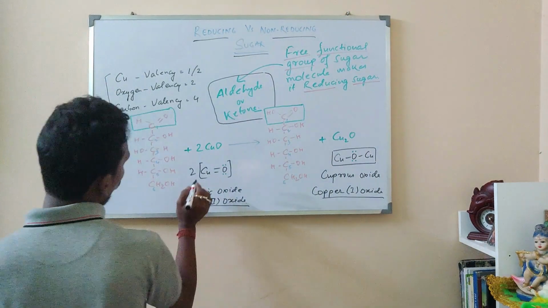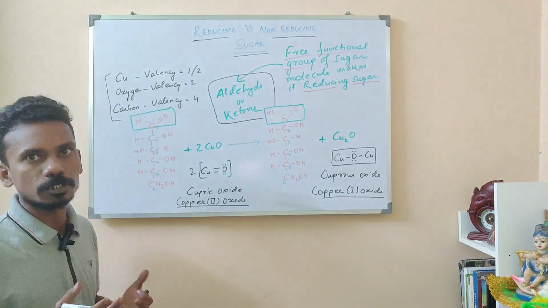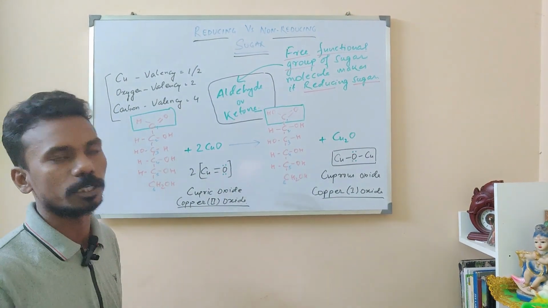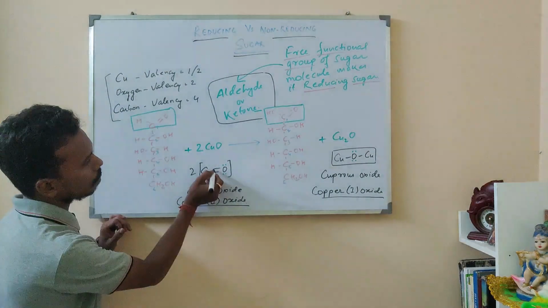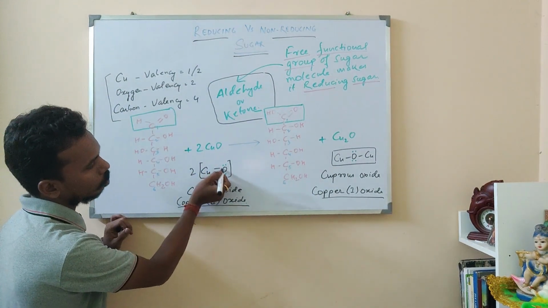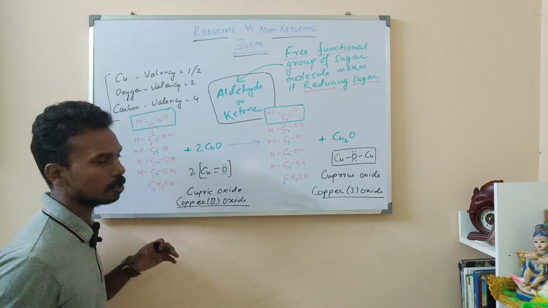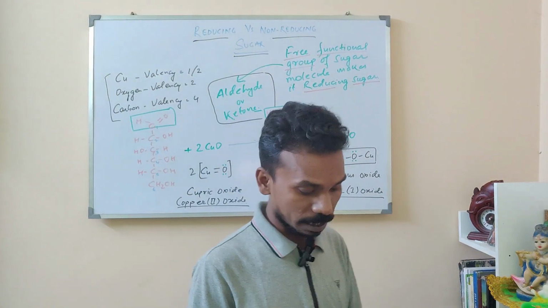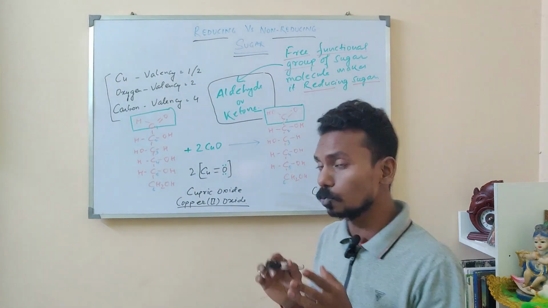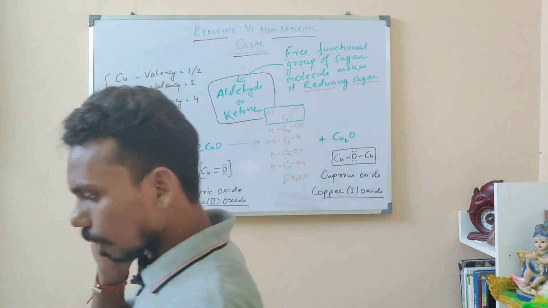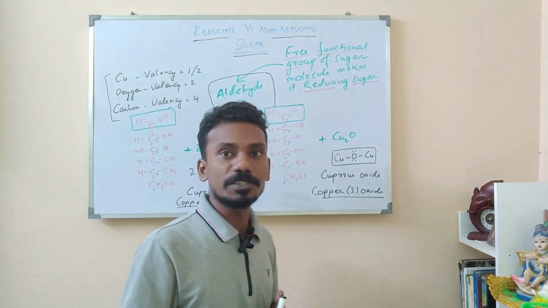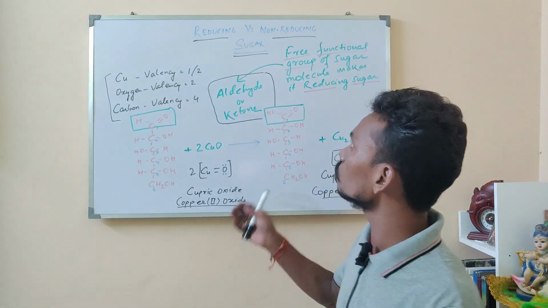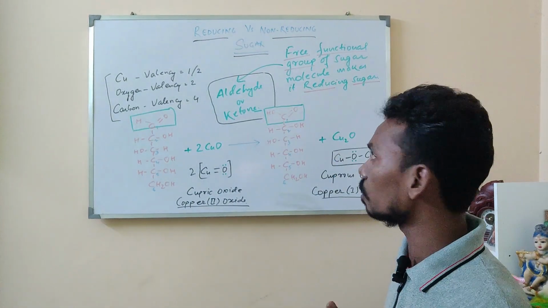If you consider the copper, then copper must take two electrons from someone to make a bond. So copper has 2 electrons here and the oxygen is providing 2 electrons. So the valency of copper is 2 in this case. Now we are not going to discuss the chemistry basically, so we'll switch to the reducing and non-reducing property